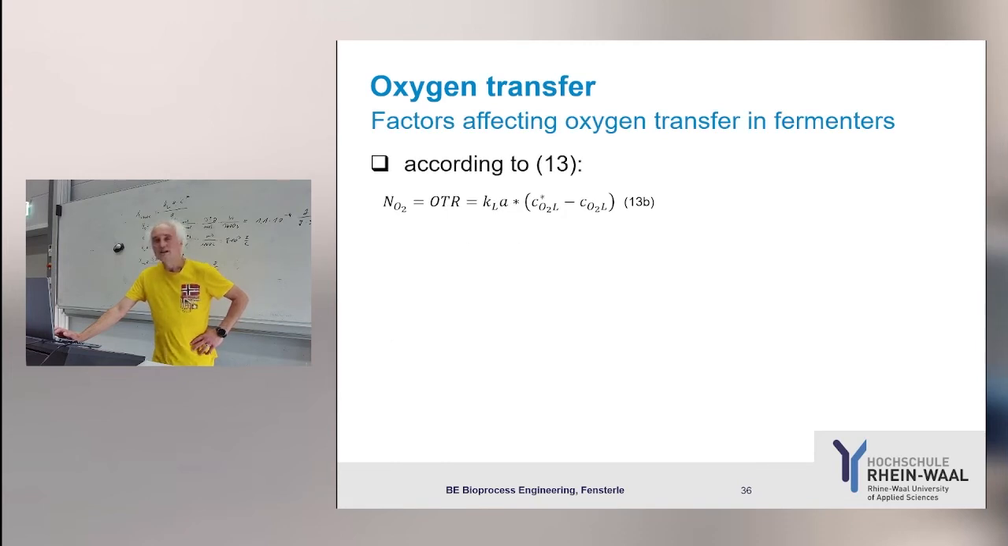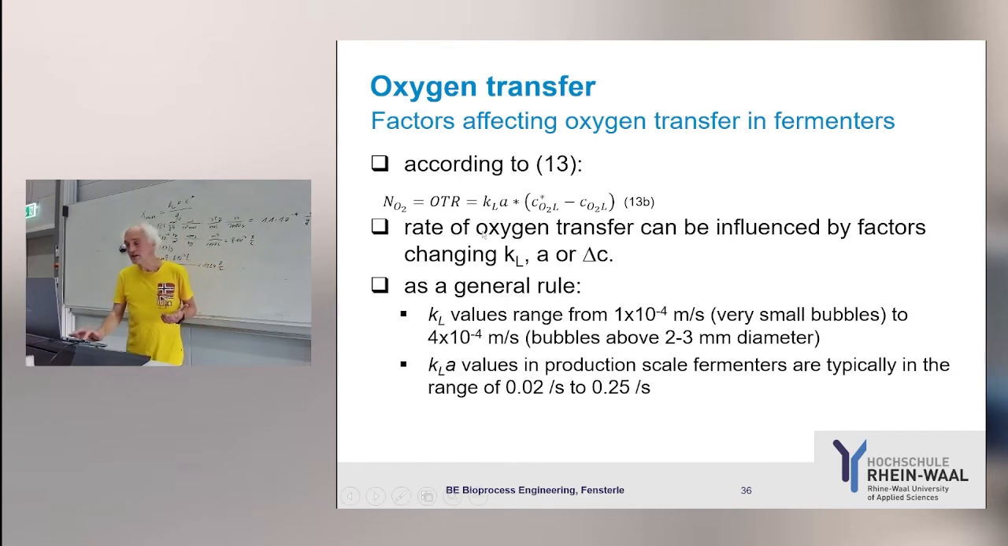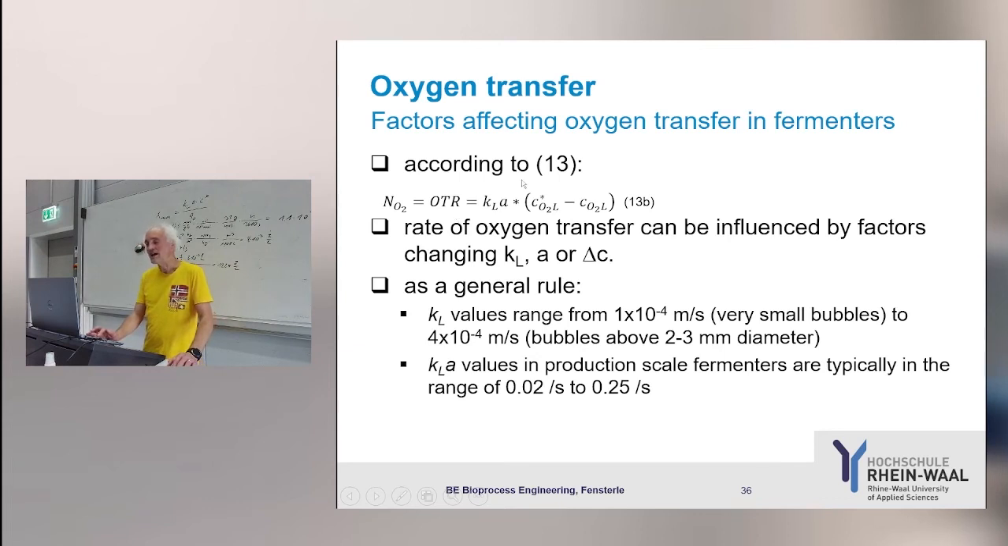Now we come back to the question: what factors actually affect the oxygen transfer rate in our bioreactor? And of course, if we look at the formula here, we can affect either KLA, we can affect KL, we can affect the surface, or we can affect the concentration difference. Now, if we dissect that,